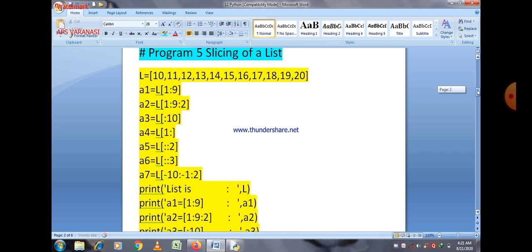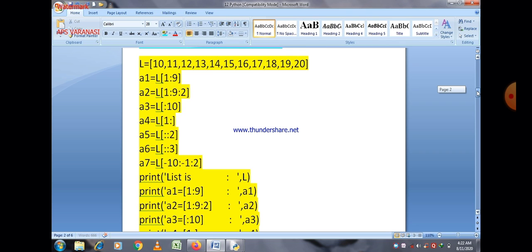Now there is a second program, and actually it is the fifth program, because we already discussed 3 programs in our previous video. This is related to slicing of a list. How many ways can we slice a list? This program is related to that topic, and I know you have an idea about the slicing of a list. When we slice a list, there are 3 different parameters: start value, end value, and increment. Generally, we use only 2 values, the start and end values.